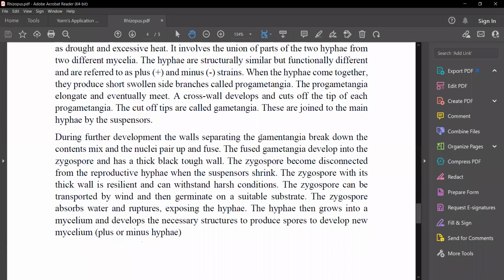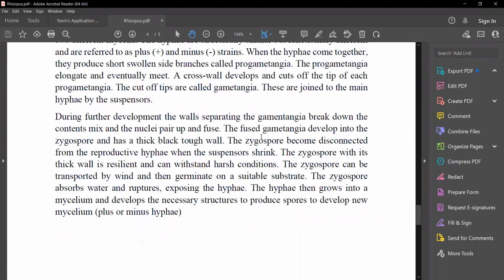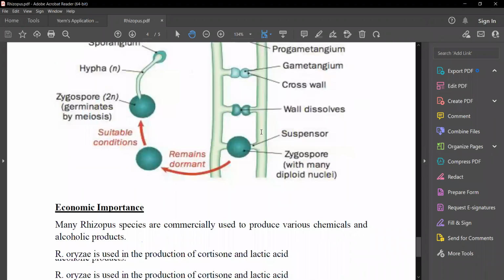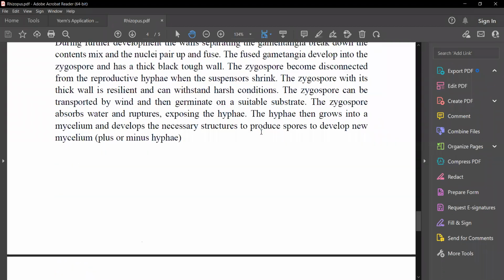So now you have the zygospore becoming dormant, right? Awaiting further instructions to further divide and then form a new hypha. So when it receives such instructions and things are good to go, the zygospore would get onto a new suitable substrate, right? This substrate provides the necessary conditions, water and nutrients, suitable enough for the zygospore to burst open and then germinate. As it germinates, it produces a new hypha. So this zygospore